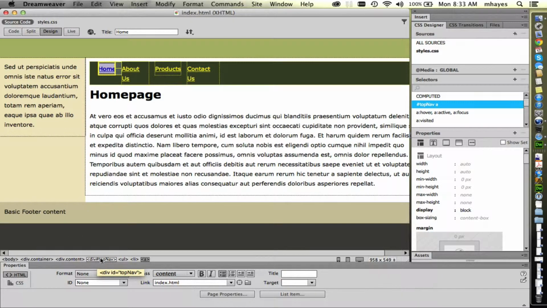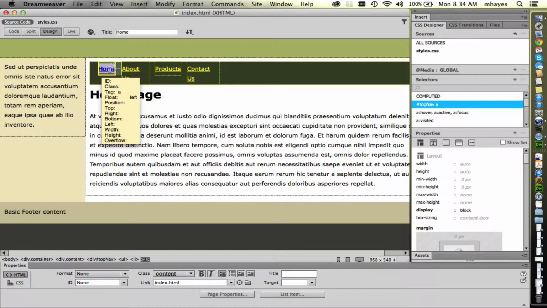As opposed to, see, where my div has an ID on it, I need to address each of these independently. So I think it makes the most sense to go ahead and use an ID. I don't think this is something I'll use anywhere else on the page. Usually I have one primary area. And so I'm going to come in here and give each of these an ID so I can address it